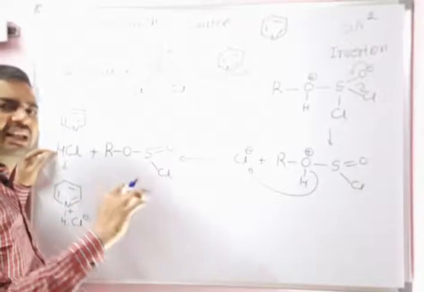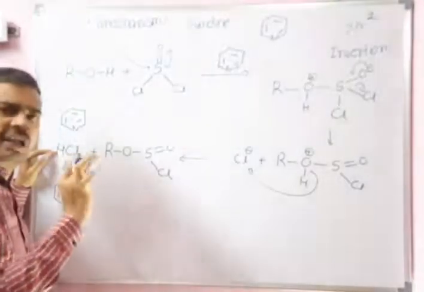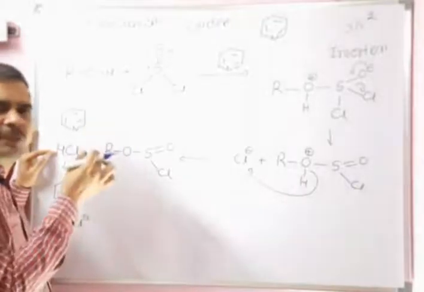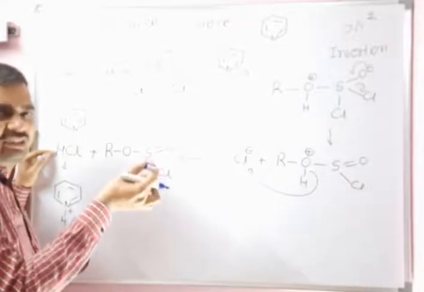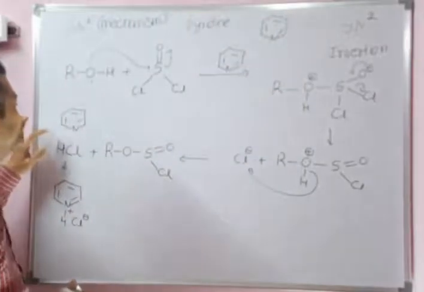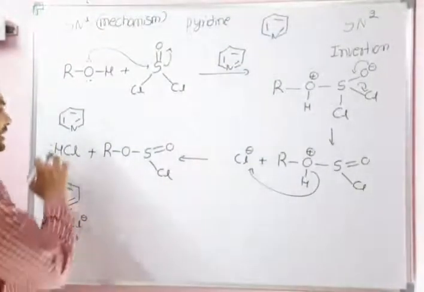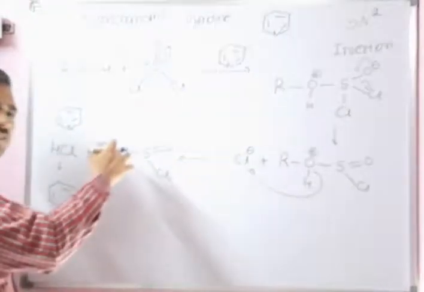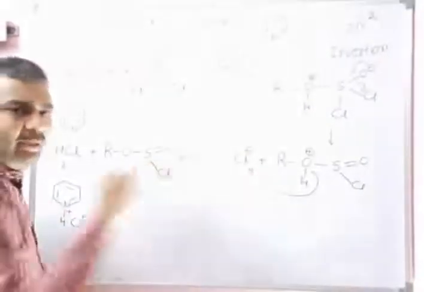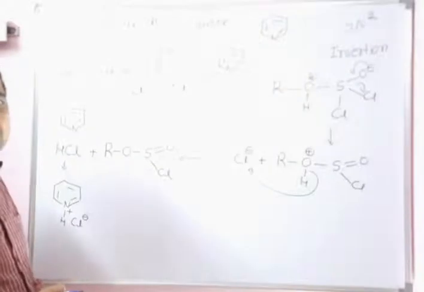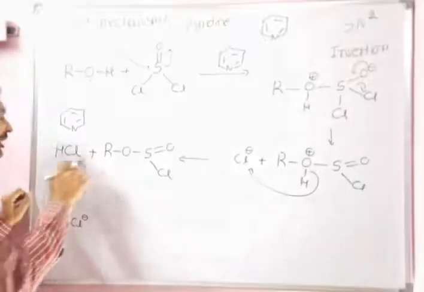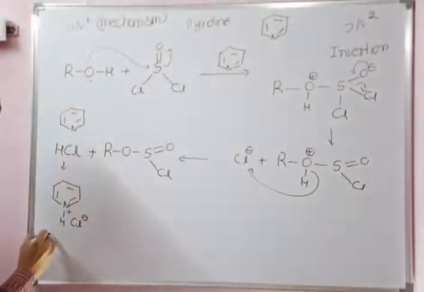If you use ether as a solvent, HCl will not react with the ether. Both ether and HCl will be eliminated from the reaction. Finally, we will get the retention of the configuration. Whereas if you use dioxane as a solvent, dioxane will attack here, inversion, again Cl minus attacks from that side, inversion, two SN2, finally retention of the configuration will be taking place. Whereas if you take pyridine, that pyridine reacts with HCl. Since pyridine is a solvent, that will react with the HCl to give pyridinium hydrochloride.